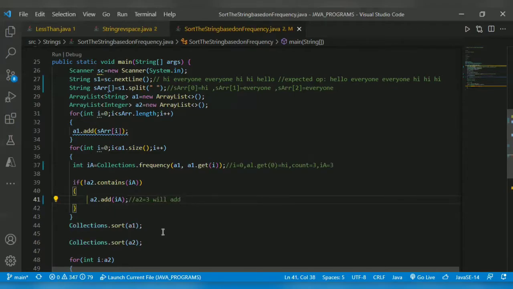After that, the loop iterates. When i is equal to 1, AL dot get of 1 is everyone.